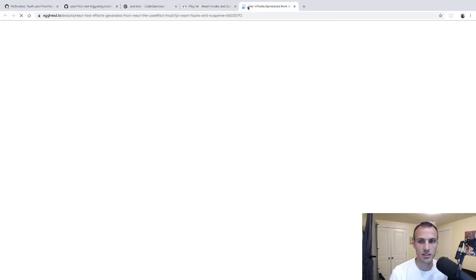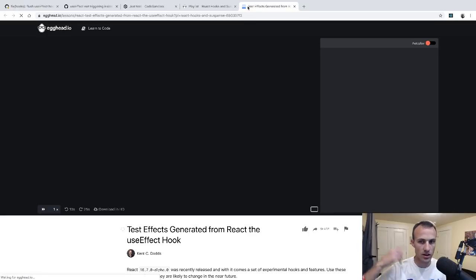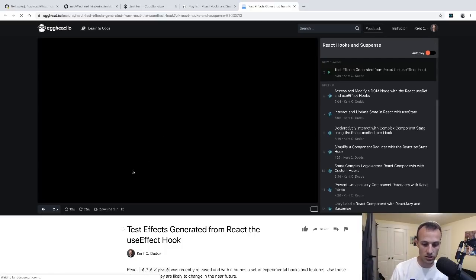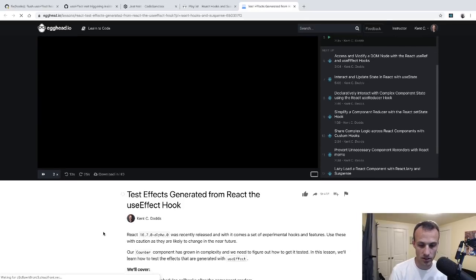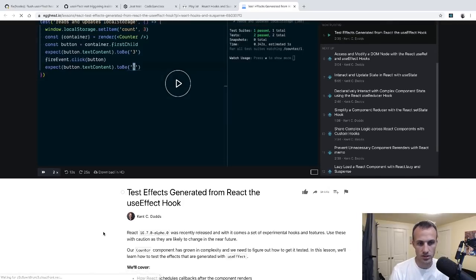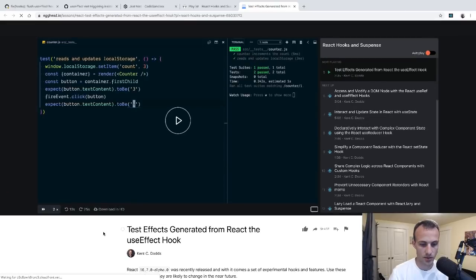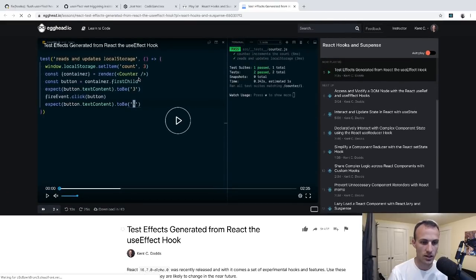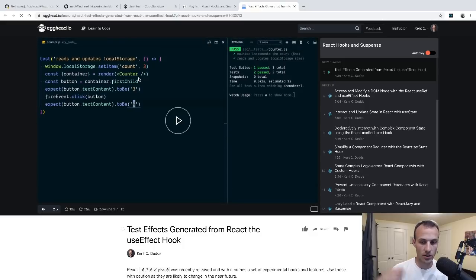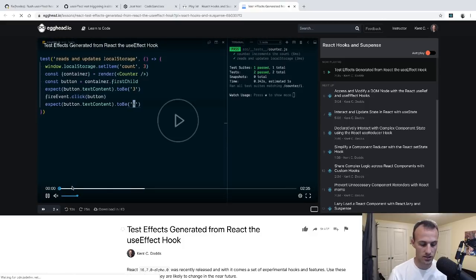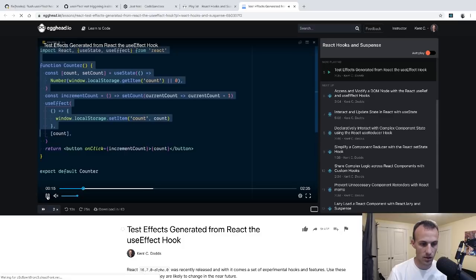So what happens is you schedule the hook after a render, like every single render, it schedules a hook to be called. And then at a later time, that hook will actually be called. So if you want to make some assertions that that hook was in fact called, then you have to somehow schedule your assertions to be after that hook's effect. So here in our counter example, we have a hook that schedules